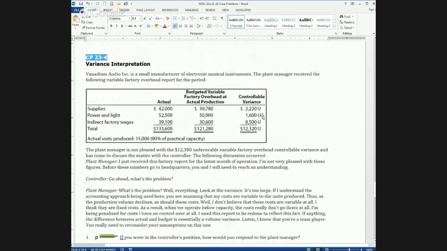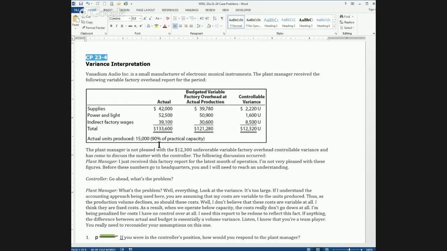Let's take a look at 23.4. This is for variance interpretation again. And here you have another audio company, again, electronics type work. And the plant manager has received a bad variance report. This is for overhead. The actual costs were $133,600, and what should have been incurred was $121,280, and we're tipped that the actual units produced was 15,000, which was 10% below the capacity that they had